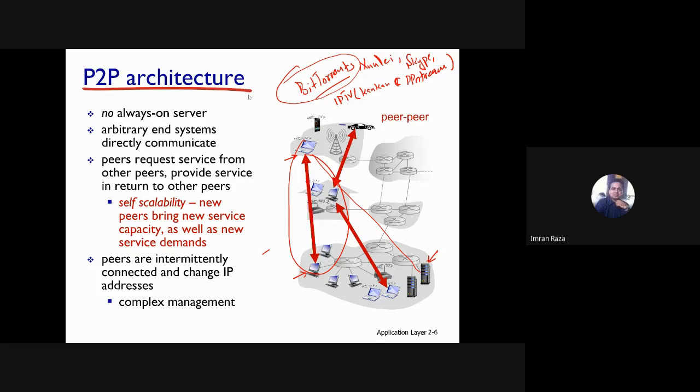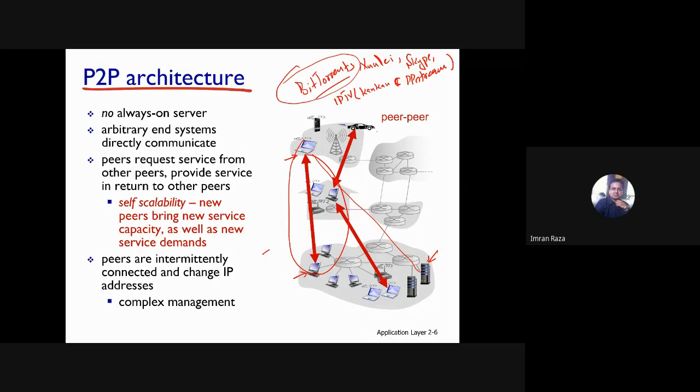But this peer-to-peer architecture is self-scalable. How? We'll discuss this in detail, and we'll also have a comparison later on about peer-to-peer and client-server application scalability and effectiveness when we talk about the BitTorrent application.